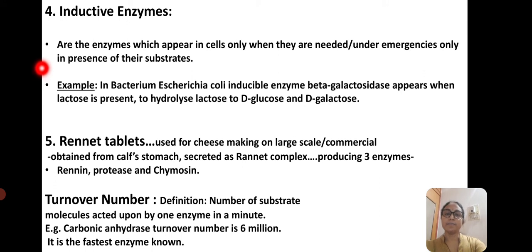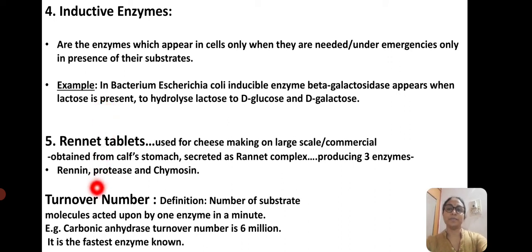Next are inductive enzymes. These are the enzymes which get synthesized only when the inducer is present, when the need is there. The inducer is the substrate molecule. Only when that substrate is there will the enzyme be synthesized. So these are enzymes which appear in cells when they are needed, under emergencies. A very good example is beta galactosidase of the lac operon. When lactose is present, only then will beta galactosidase get synthesized to convert the lactose into D-glucose and